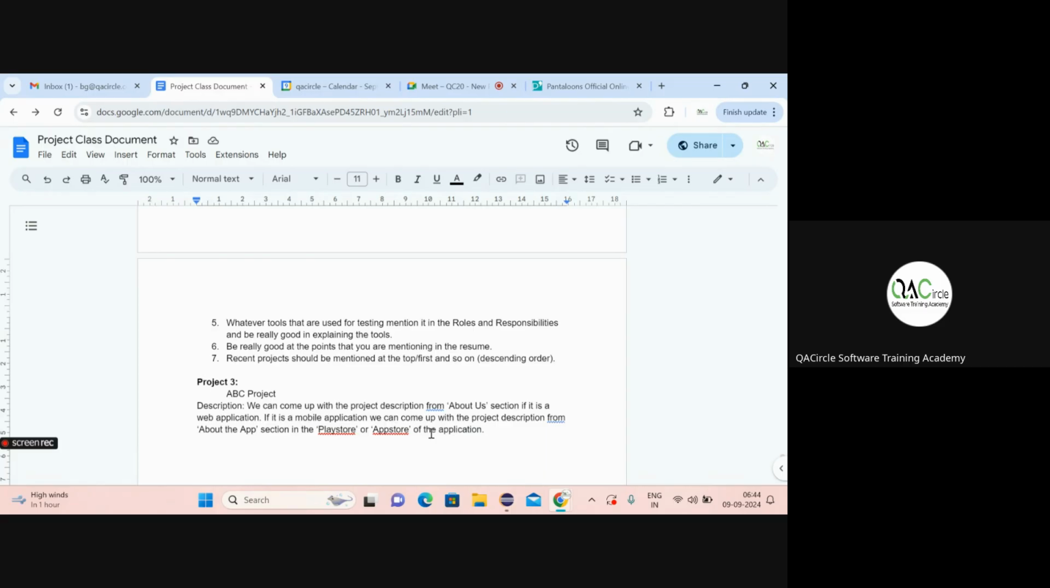In the Play Store, you will see the about the app section. Once you select that, you will see the detailed information of that particular application: what exactly that application is developed or built for, what the use of this application is, and who would benefit from it. All this information should be provided,